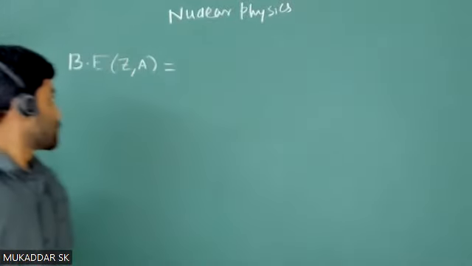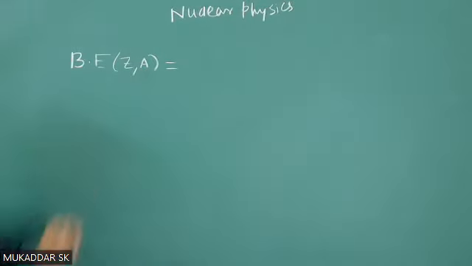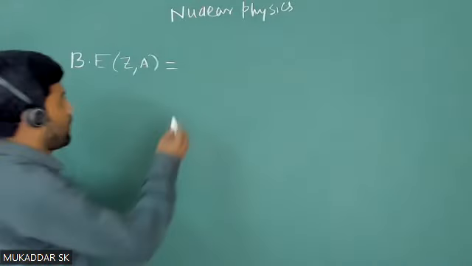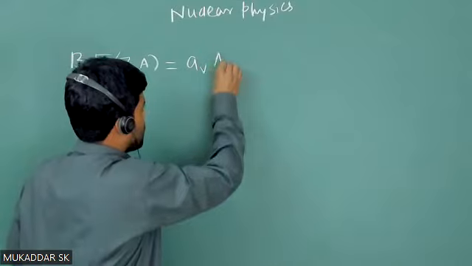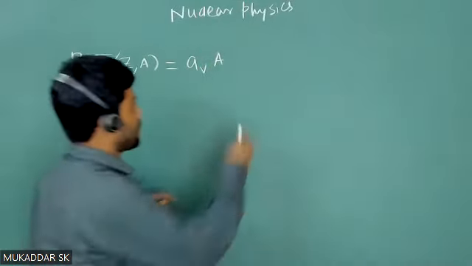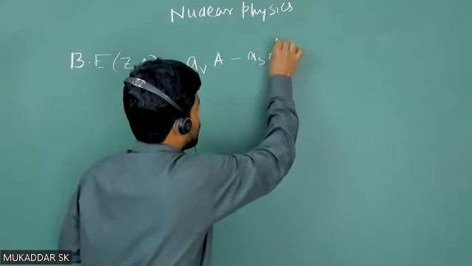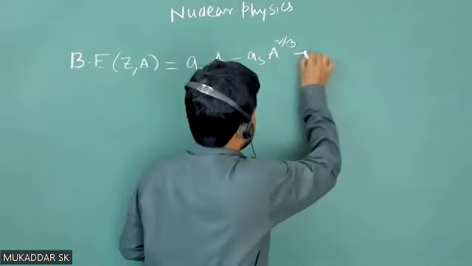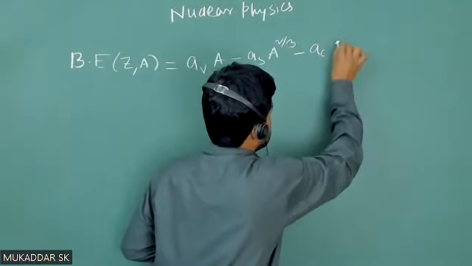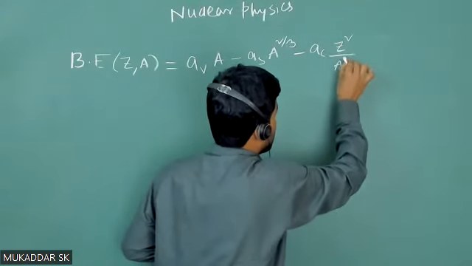So we can see that the binding energy of a nucleus is a function of atomic number and mass number, right? And it has 5 terms. First is the volume energy term, that is AV into A. Then you have a surface energy term, that is AS into A to the power 2/3, right? Third term is your Coulomb energy term, AC Z square divided by A to the power 1/3,